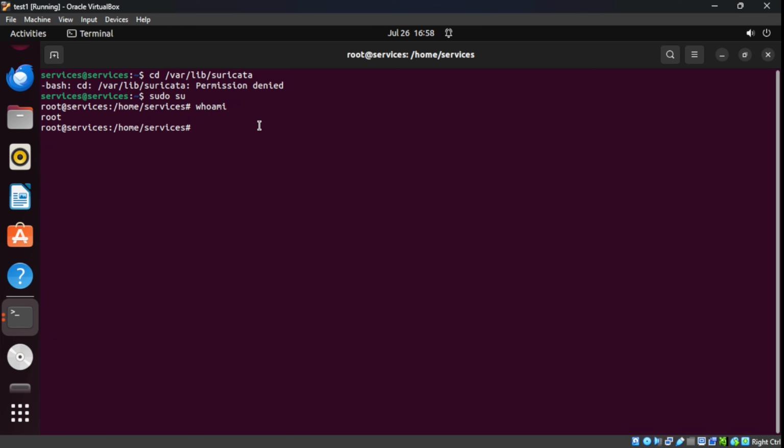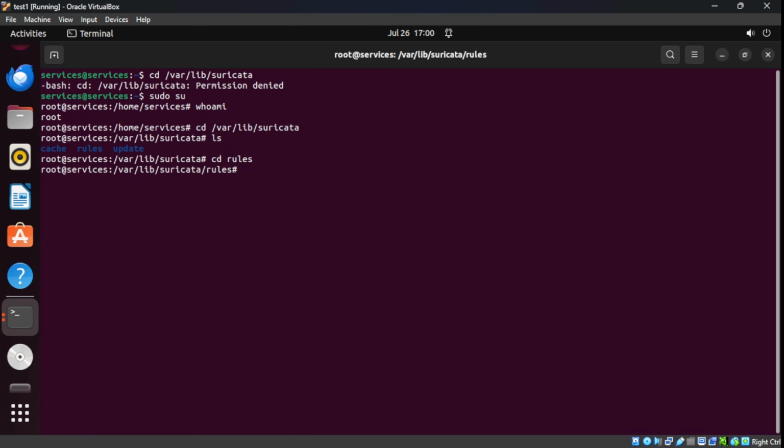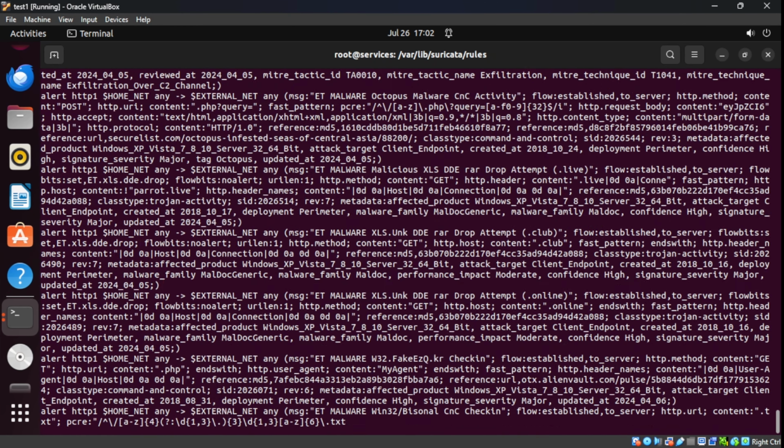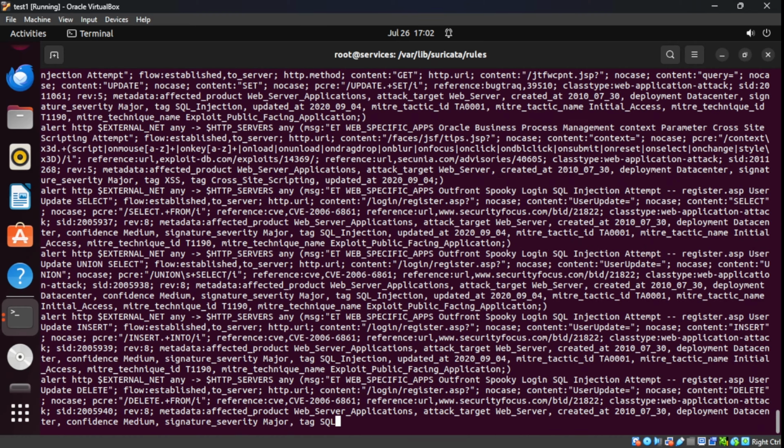Now we're going to navigate to where our rules are. And when we do ls, we see the rules folder. So we're just going to cd into rules. And when we do ls, we see suricata.rules. And when we cat it out, this is a list of all the rules that Suricata references when scanning network